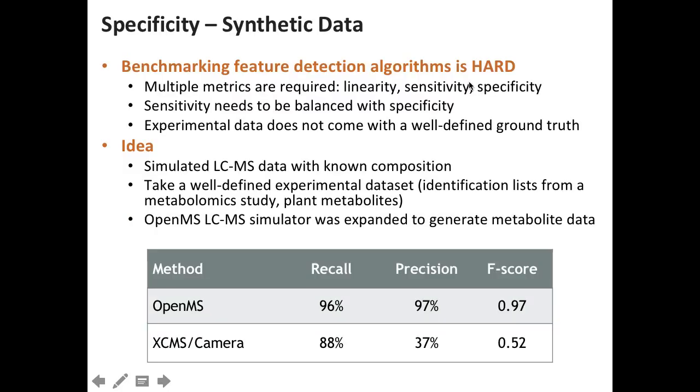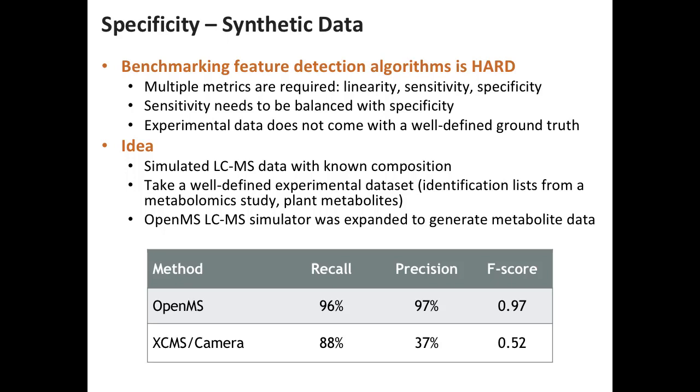So what we proposed instead is we just generate synthetic data, simulated data. For computer scientists, that is normal behavior, but for many referees that came from the experimental field, that was an absolute no-go. That is why we also included real data. What did we do? We basically have code that simulates LCMS data. And we took a composition out of a plant metabolite paper that had meticulously listed hundreds of thousands of metabolite compositions that they had found. And the composition and the retention time, that's all we need. Because if we have that, we can go out and